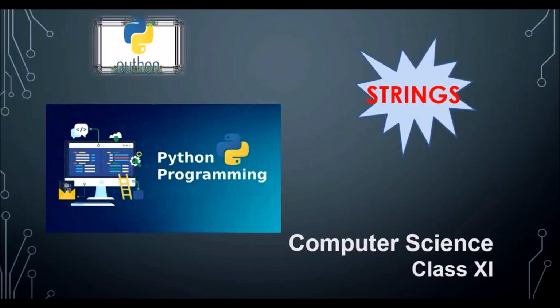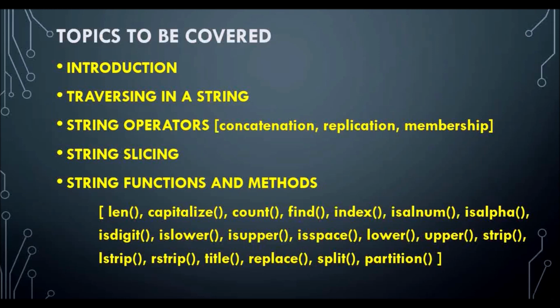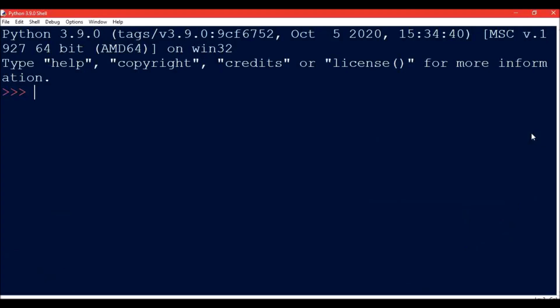Now in this video we are going to learn about many more string manipulation techniques offered by Python like operators, methods, etc. These are the topics that we are going to cover. So first one is introduction. So basically Python strings are the characters enclosed in quotes of any type, single quotes, double quotes or triple quotes. Empty string is a string that has 0 characters, that is, it is just a pair of quotation marks, and Python strings are immutable.